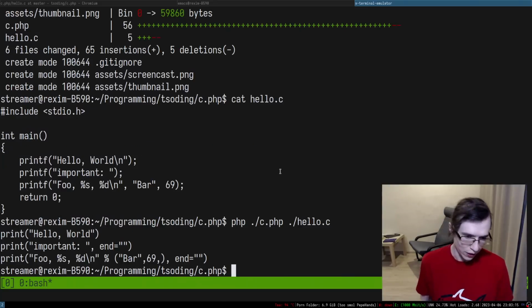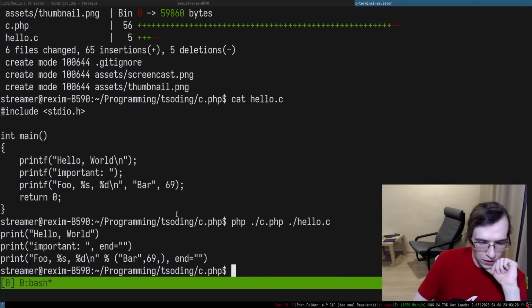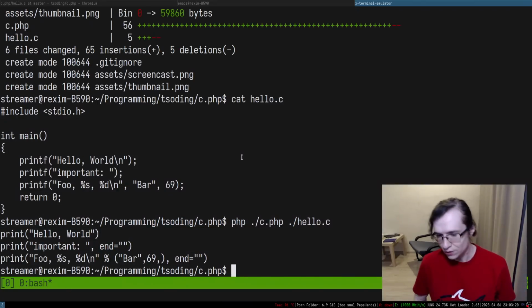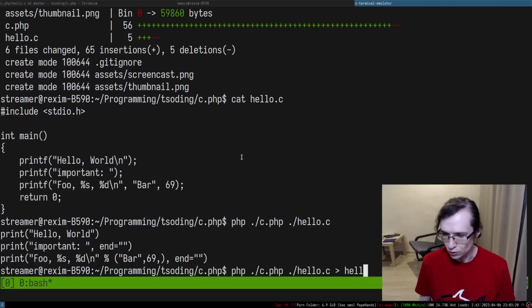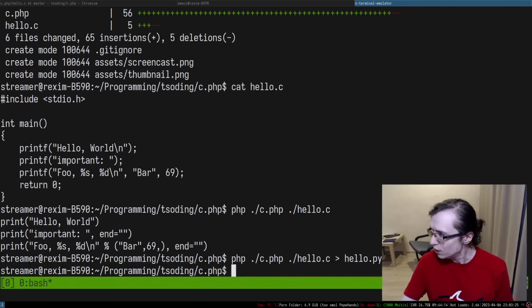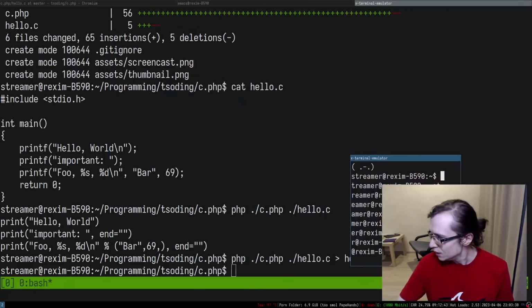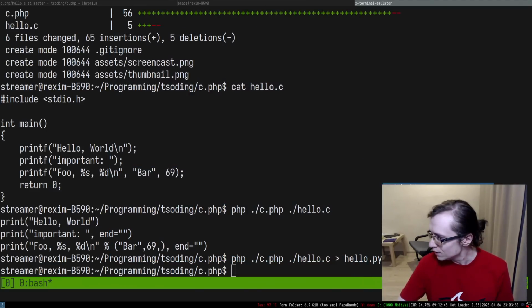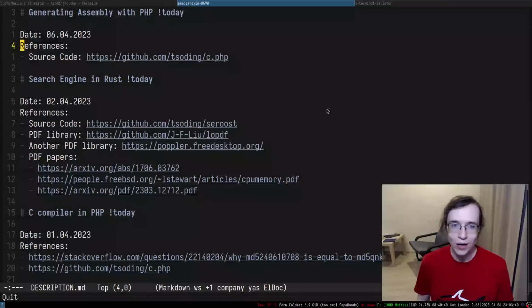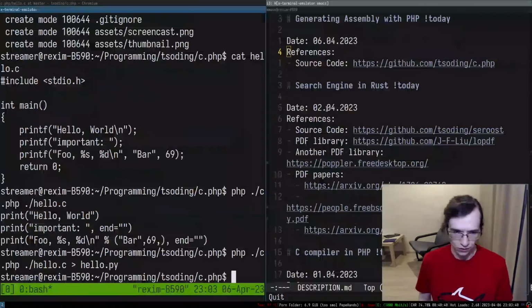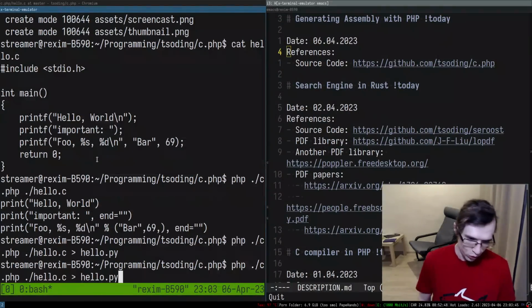If we run this entire thing, as you can see, we have the Python code. We can redirect that code to hello.py. I'm pretty sure you can't see anything in this mist, right? So let me quickly put something behind my camera. I forgot to do that again. Probably should put that into my to-do list, so I don't forget to do that right before the stream, right? And now I cannot see the same thing you cannot see. Isn't that poggers?